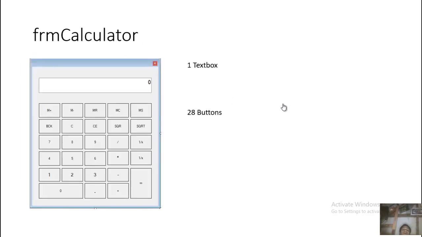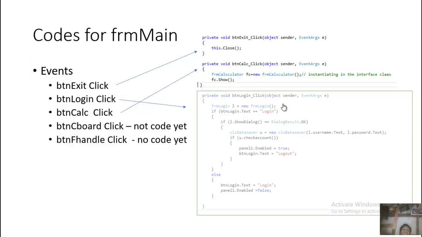And we have the form calculator. We have previously done this one. We have the 1 text box and we have 28 buttons. And for the codes for our form main, we have 3 buttons already coded and we have 2 buttons not yet coded. The first one is the exit click event,